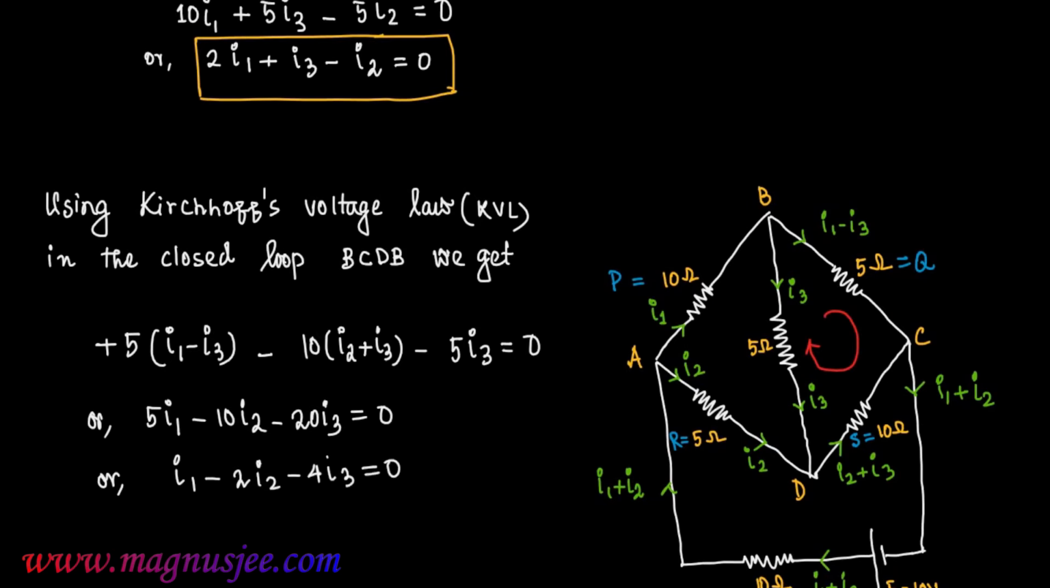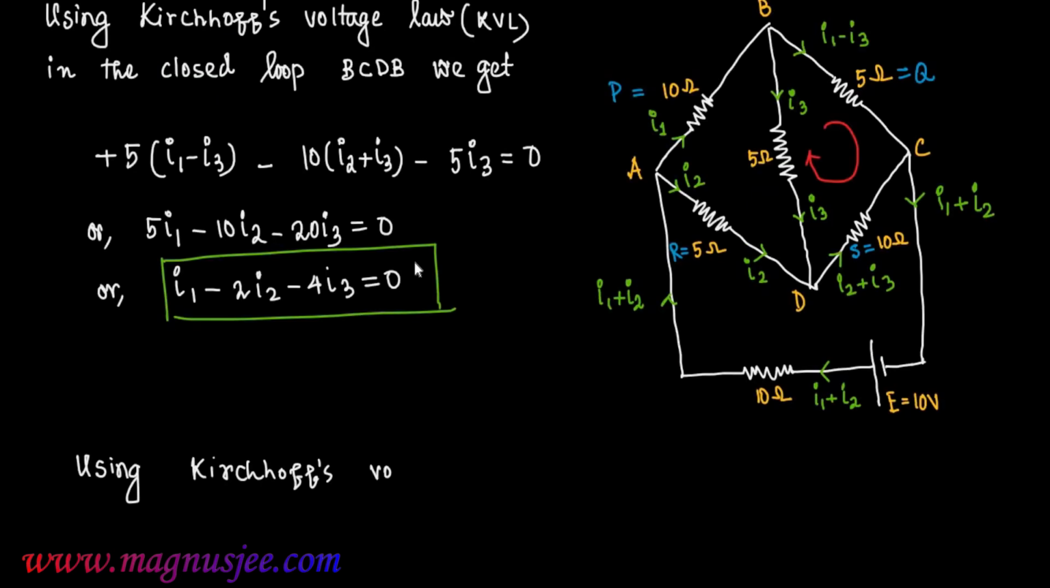Or I1 minus 2I2 minus 4I3 is equal to 0. We get I1 minus 2I2 minus 4I3 equal to 0 using Kirchhoff's voltage law in the closed loop BCDBA. Again we have to use Kirchhoff's voltage law in 3 different closed loops. That's why, using Kirchhoff's voltage law, that means KVL, in the external loop, that is